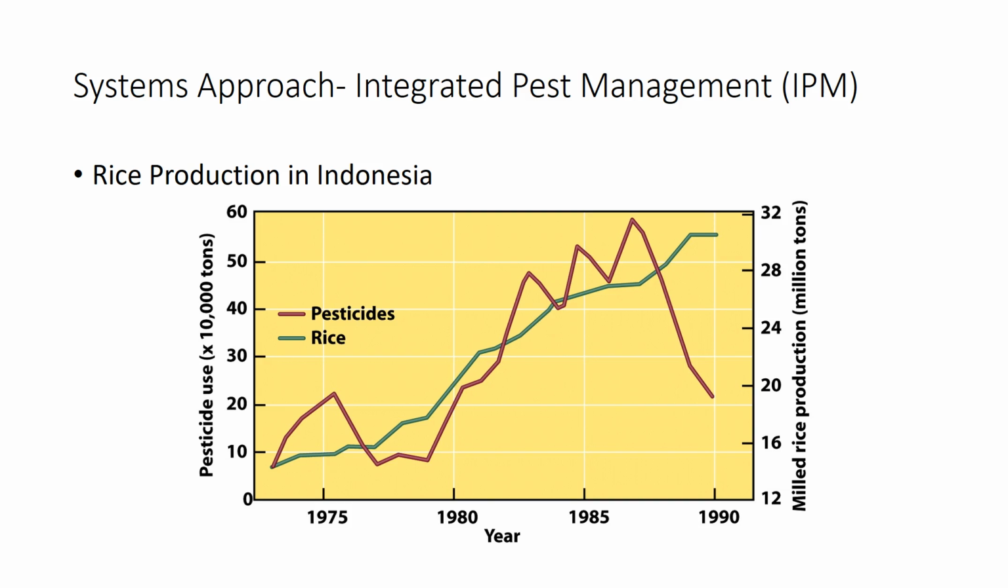So if we look at this particular graph, we can see rice production over time in Indonesia, and we see pesticide use. Now, notice increased pesticide use, increased production of rice. Now, right here, we see an important point of the graph because we see a drastic decrease in pesticide use, but we do not see a decrease in rice production. Rice production continues to rise, all right? And the reason for that was the introduction of integrated pest management strategies, right? So we were able to drastically reduce the use of pesticides without, and that's the key, without reducing rice production